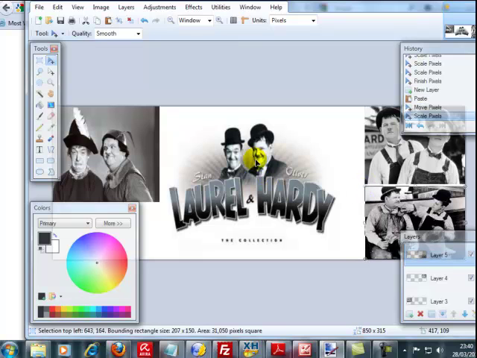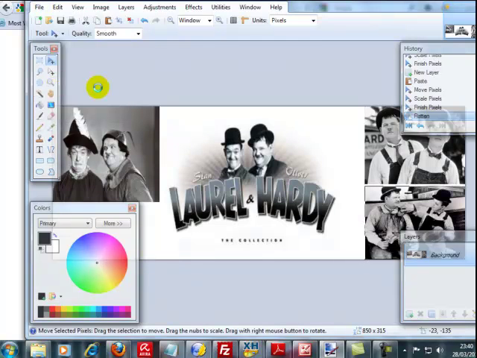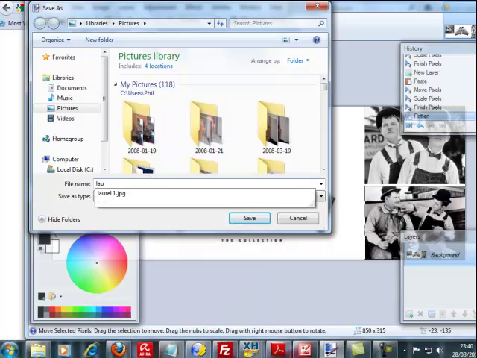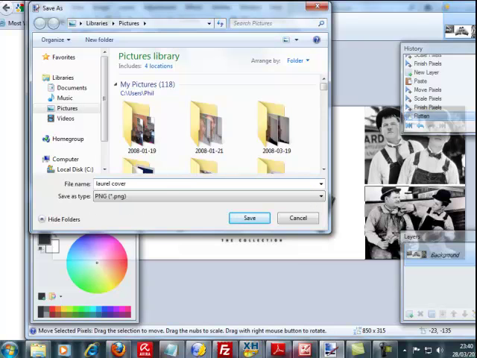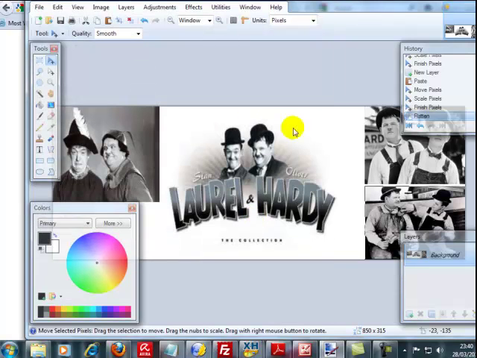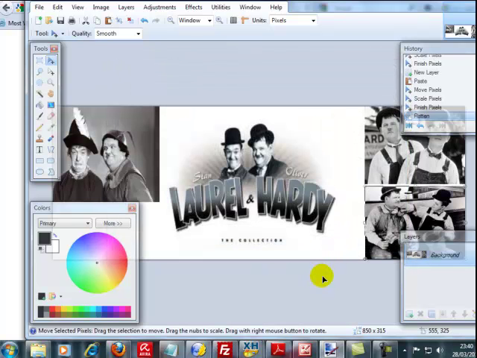Like so. Okay. Flatten the image down, and then we'll save that. Okay, and we're going to save that as, if I put my Laurel cover, we'll save it as a JPEG. Okay, and then drop that out,